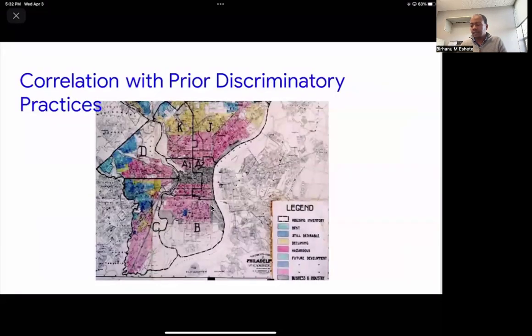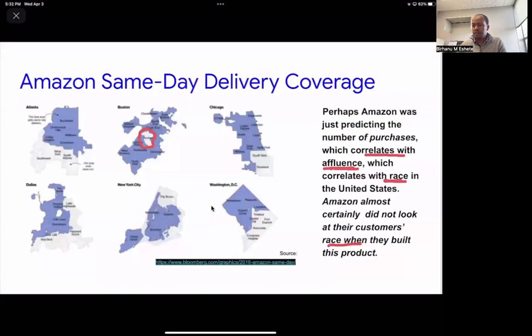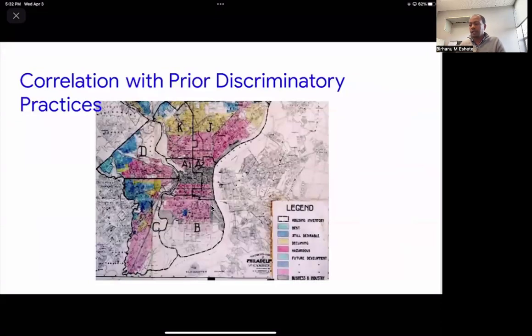And something that connects back to what we observed for the Amazon same-day delivery case is also the housing mortgage or lending data that relied on a map in the city of Philadelphia in Pennsylvania. In the past, there were discriminatory practices where lenders would highlight different parts of the city with different colors. For example, the red color here, the legend shows that this is hazardous, so hazardous in terms of lending. Anyone living in these red-coded regions is a high-risk borrower. And that usually is correlated with predominantly people of color, and specifically African Americans, given the demographic of Philadelphia that we know. Okay, so there is some historical link with the present-day